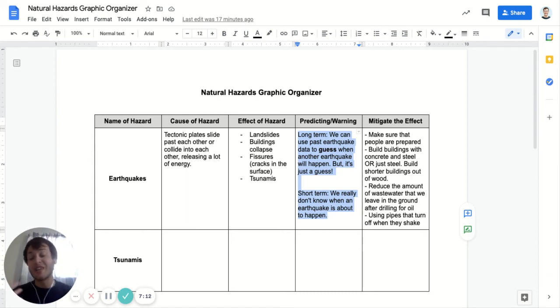But the problem is that's kind of an average. So the next big earthquake could come 500 years from now, or it could come 700 years from now. So we can guess approximately when that big earthquake will happen, maybe between 500 and 700 years from now, but we can't say when it's going to happen. It's not like the news, like a weather forecast. We can't say, oh, tomorrow morning at 8:46 a.m., there will be a 7.3 magnitude earthquake. We can't say that because we just don't know when exactly it's going to happen.